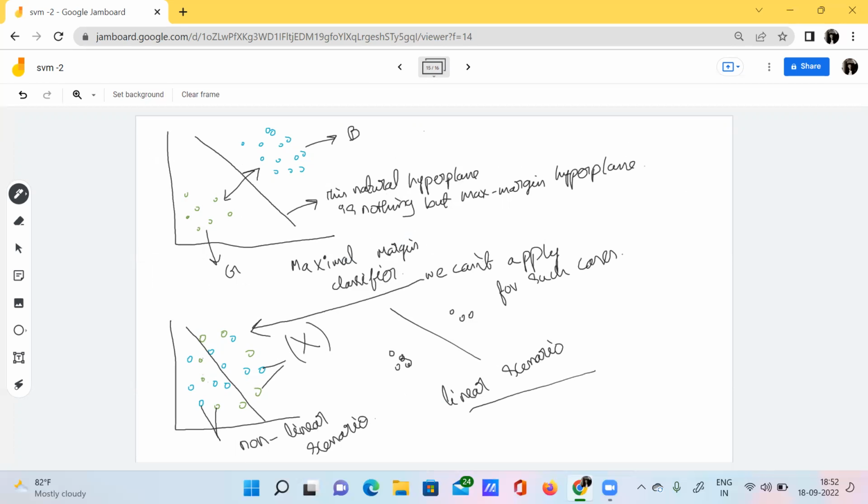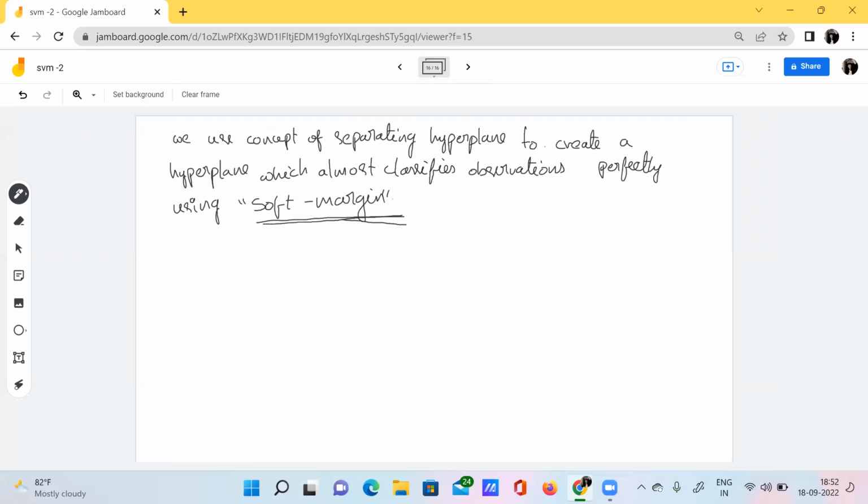For non-linear scenarios like this, we can't apply it. So how to solve them? We use a similar concept of the separating hyperplane to create a new hyperplane which almost classifies the observations perfectly. Let's say it classifies the observations 90% correctly, but some 10% it may misclassify.